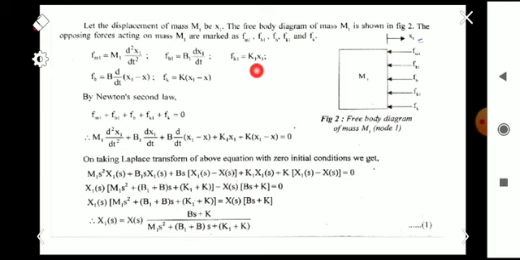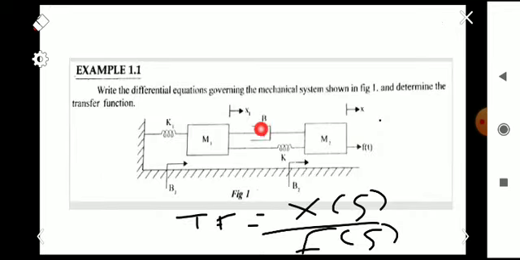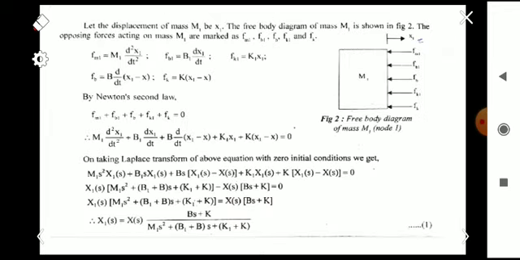K1 is also connected for the mass m1 only. But the other two elements, Fb and Fk, are two opposing forces connected in between the two nodes. So the equation will be Fb = b d/dt (x1 - x), and Fk = k